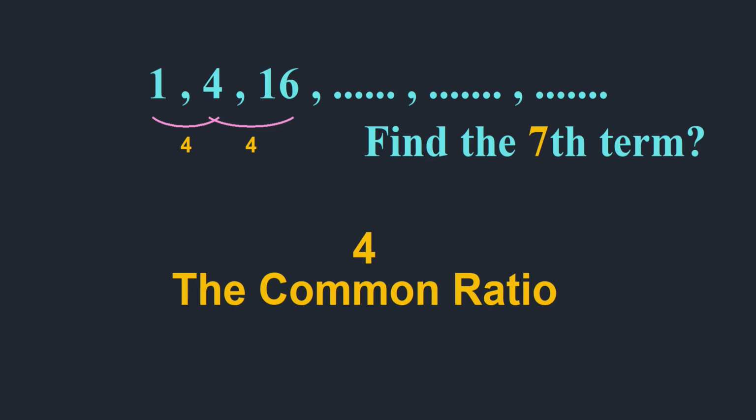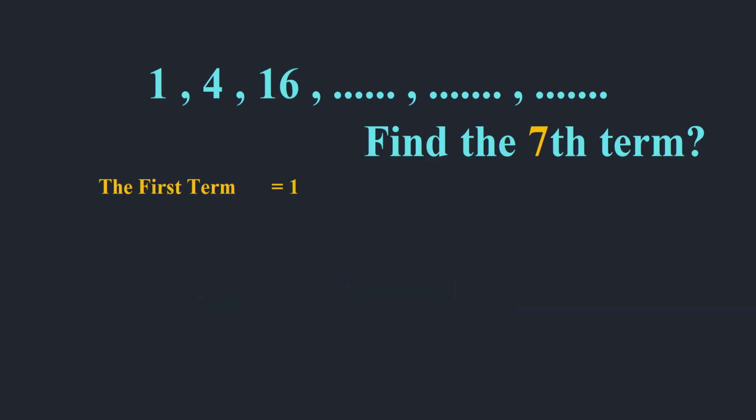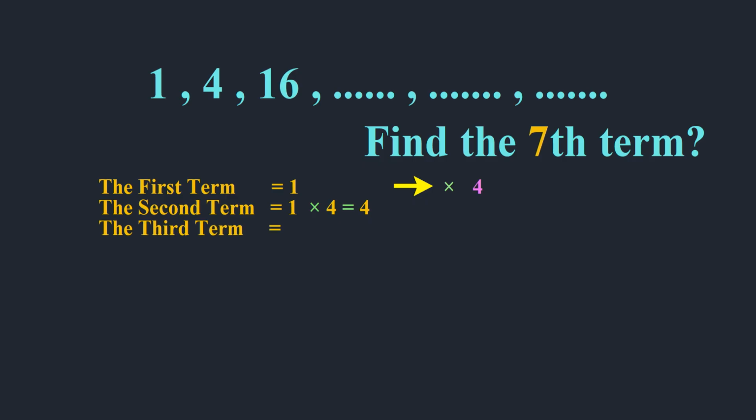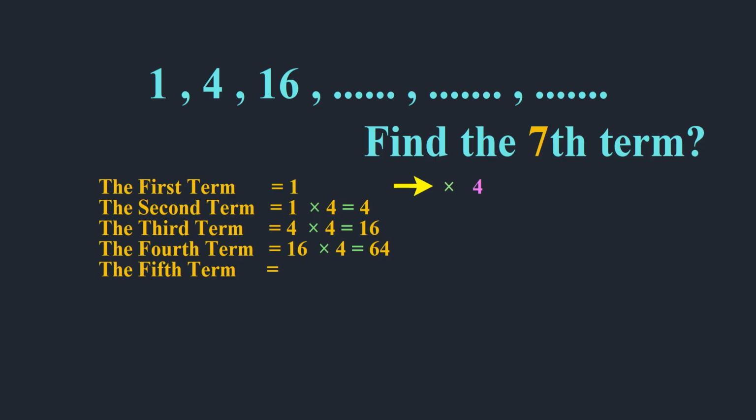Since the first term is 1, we can get the second term by multiplying the first term by 4. And the second term is 1 times 4, which equals 4. And the third term is 4 times 4, which equals 16. And the fourth term is 16 times 4, which equals 64. And the fifth term equals 64 times 4, which equals